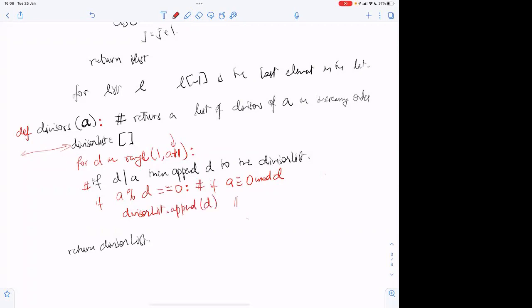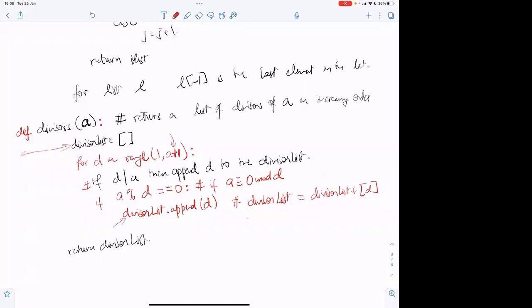I could also have written this as divisor list is equal to divisor list plus D, correct? And there is a subtle but distinct difference between the two, which we will go into in more detail next time. But the idea is here divisor list is changed in this piece of code. Divisor list itself changes, while here I create a new